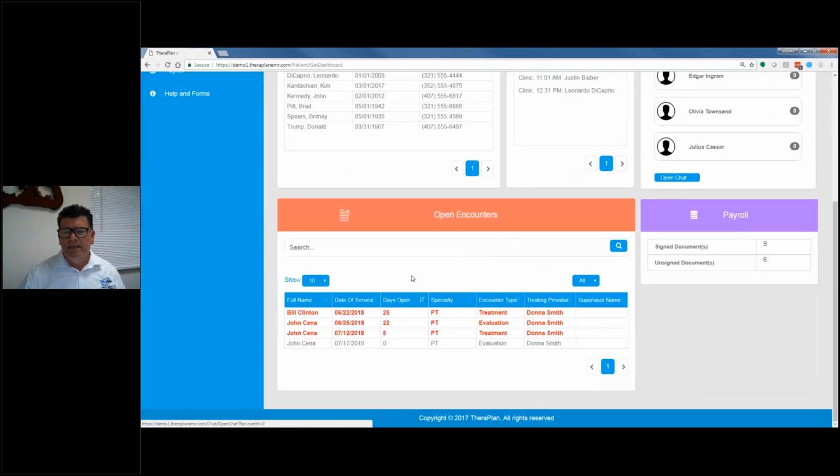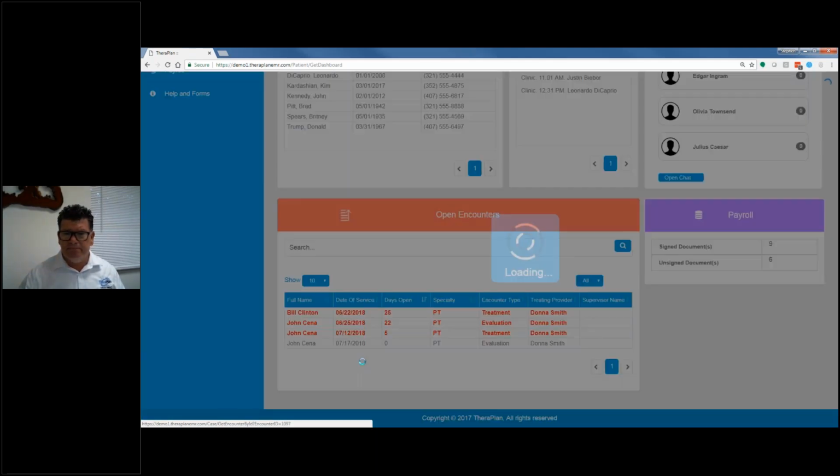Open encounters. This section, again, you see the table with the show and the search bar, very consistent throughout. This is going to log all my open encounters, which are treatments, being evaluation, treatment, or therapy care plan that I've started but have not completed. So this will house everything for you. If I wanted to start the process of getting that note done, I would just click on it,